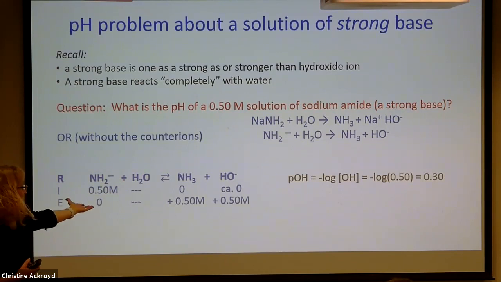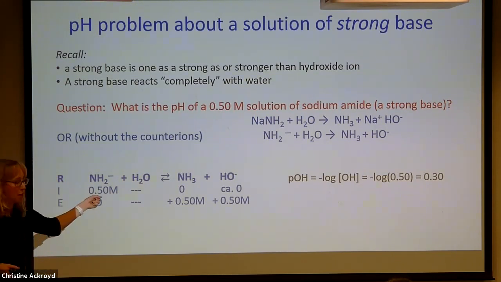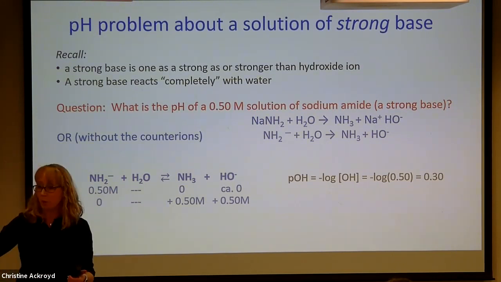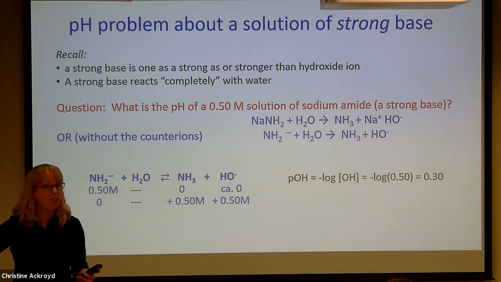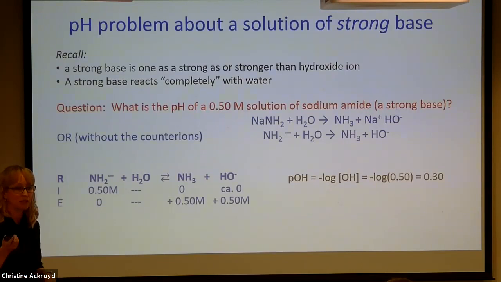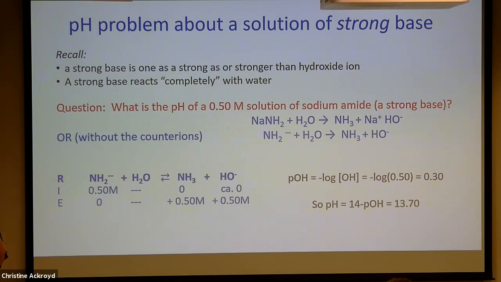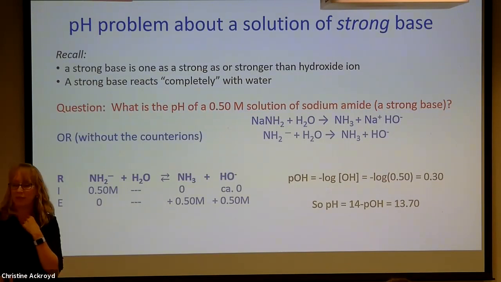What we calculated is the hydroxide concentration. What do you have to do to get pH from the hydroxide concentration? You can convert it to hydronium concentration via the KW and then take pH. Or you can take that 0.5 molar, convert it to the pOH, minus log of 0.5, and then get the pH from that. Do I care which approach you use? No, I don't. Okay, so then the pH, 13.7.